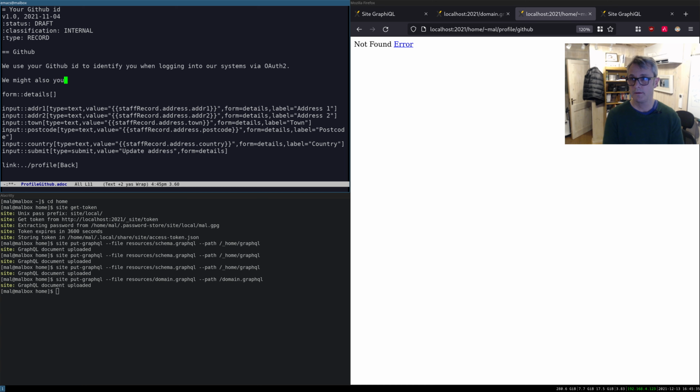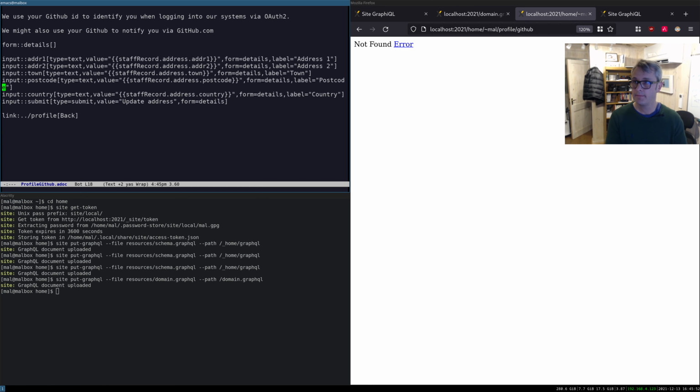We might also use your GitHub to notify you via GitHub, if we want to do pull requests and that sort of thing. Okay, and then we can say this is the current GitHub, so that can go here. We'll call that the GitHub ID, and that will be, we'll just call that GitHub maybe. Well, details will do. Get rid of those. We'll keep